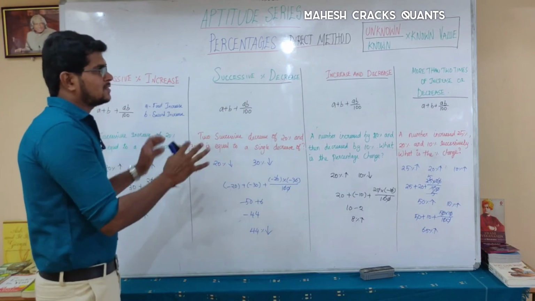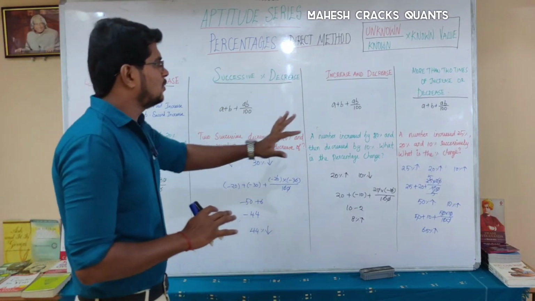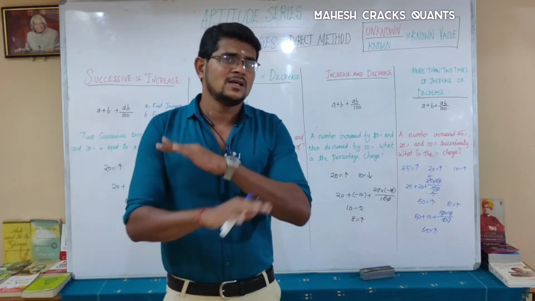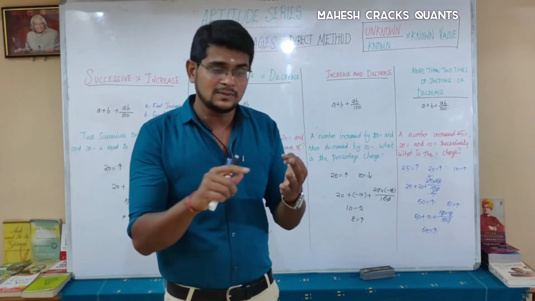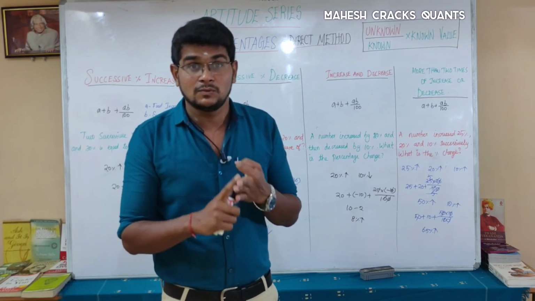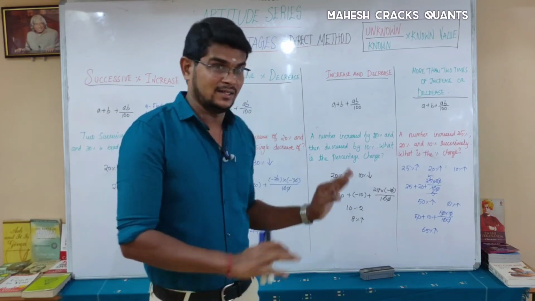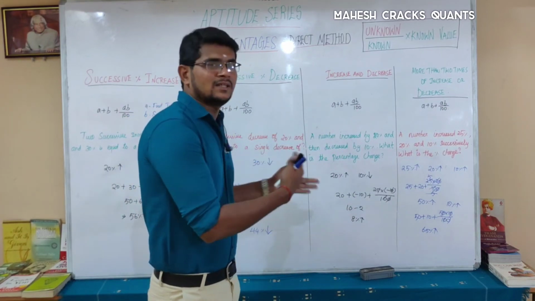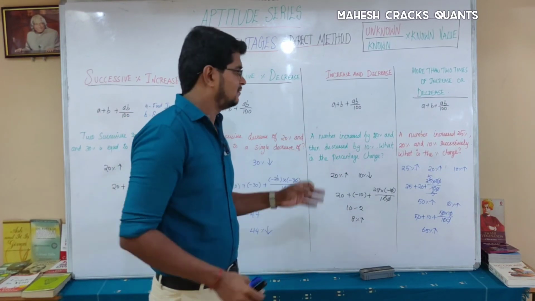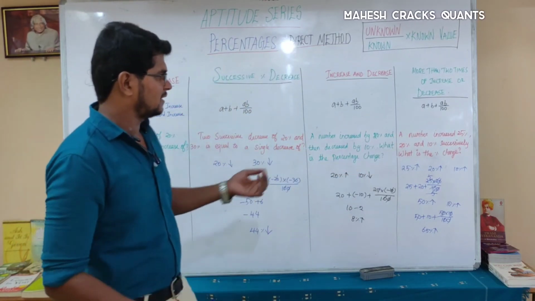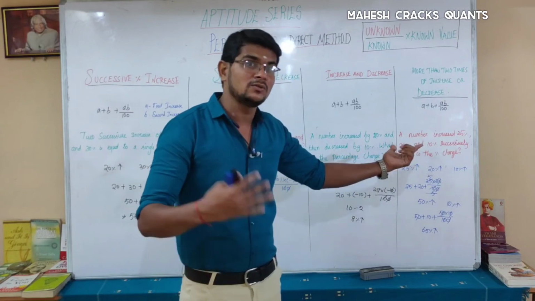That's all for the basics of successive increase. If you know these things from the previous class as well as this class, that's enough for all three topics: percentages, profit and loss, and simple interest and compound interest. If you know this clearly. Why haven't we used the unknown here? Because we didn't get a question here. We have just asked about the increase and decrease. If there is a question, the same problem can be changed into a question.